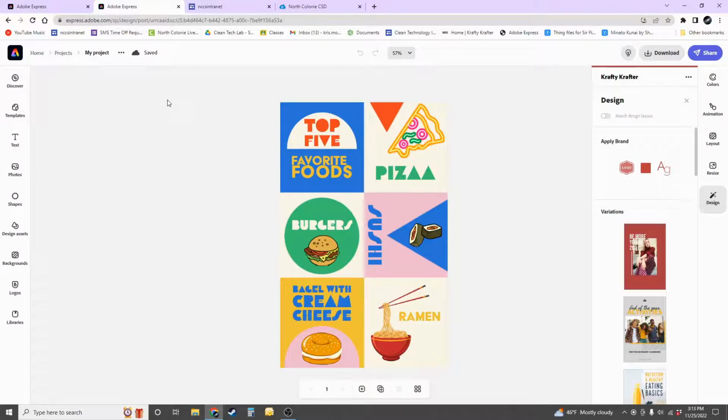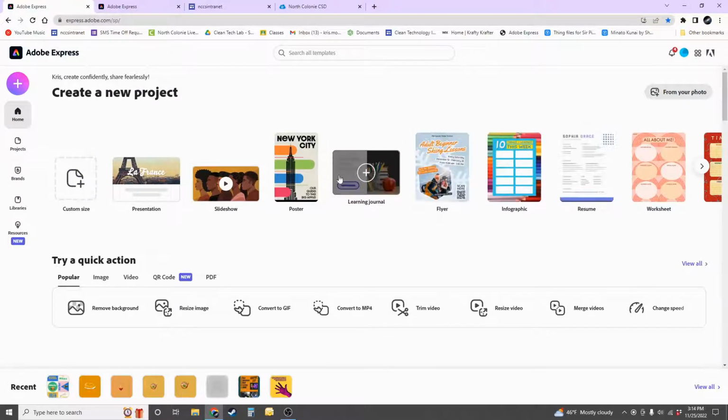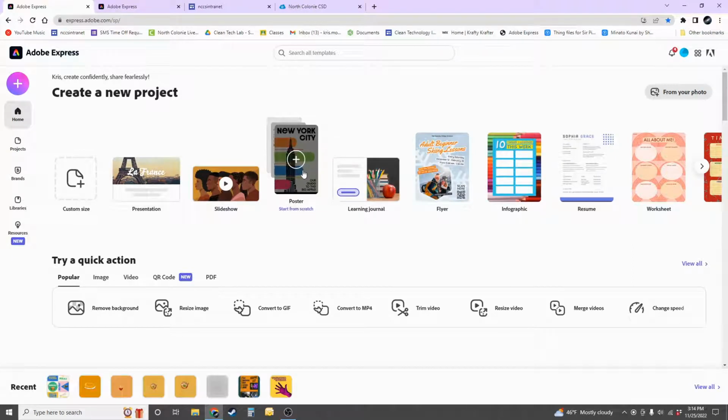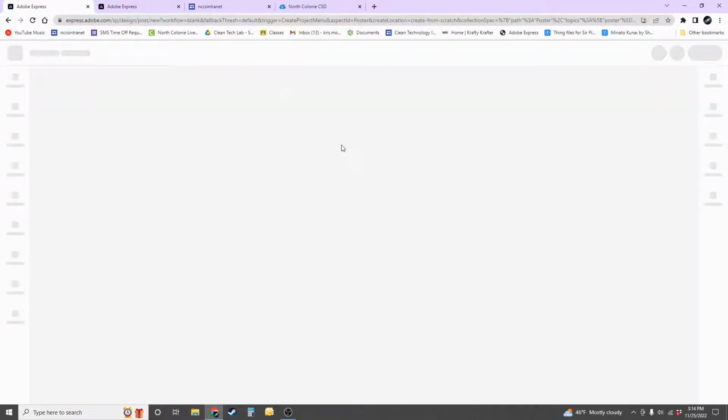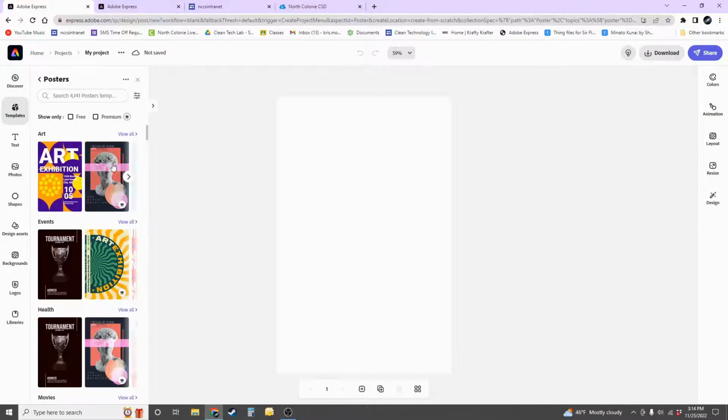So if we do find ourselves on the dashboard here, you could hit the plus sign to start a new project, but it does give you some options up front, what kind of templates you're looking for, and we are trying to make a poster-esque type of design. So the poster's here, and I'm just going to go ahead and click, and it will pop up with a blank poster. And for our purposes, you could start from scratch and add in all the elements that you need,